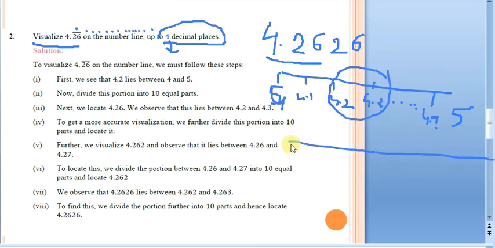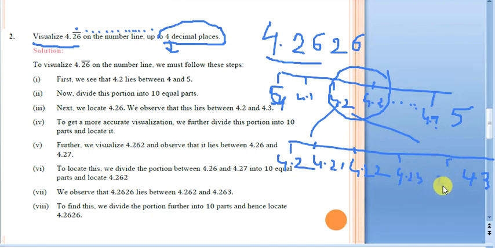So now we will take 4.2 at one end and 4.3 at the other end. Now it will be 4.21, 4.22, and so on, just as if you are zooming in. Assume a magnifying lens there. When you see this region, you will have 4.22, 4.23, up to 4.29, followed by 4.30 here. Now see again the number, it is 4.2626. So where is 4.26? So here it will be 4.26. It has crossed 4.26 also.